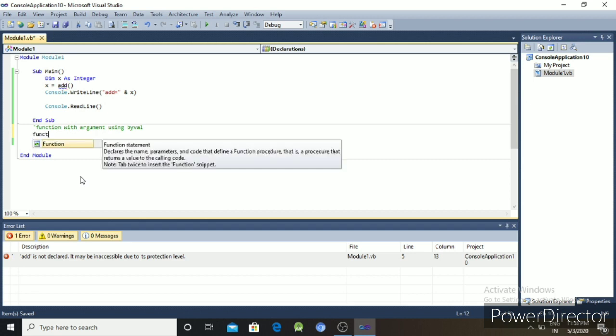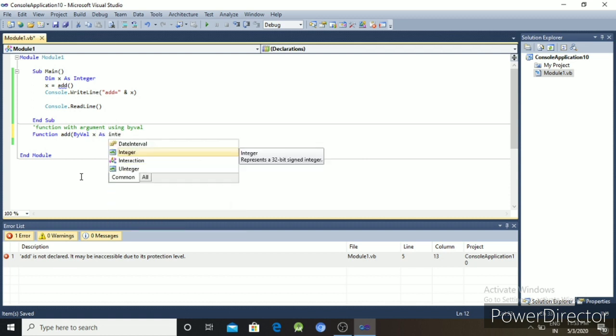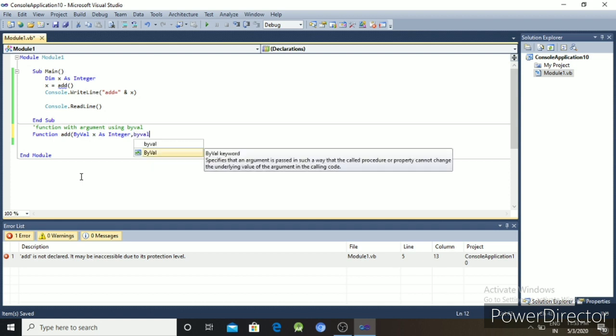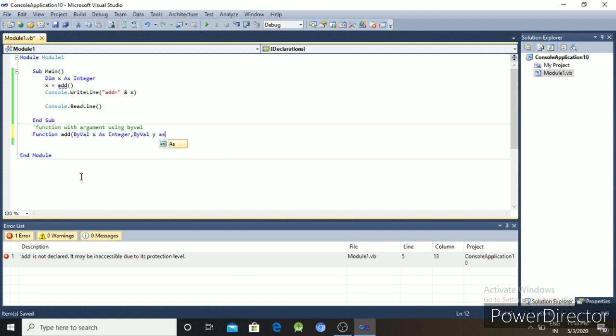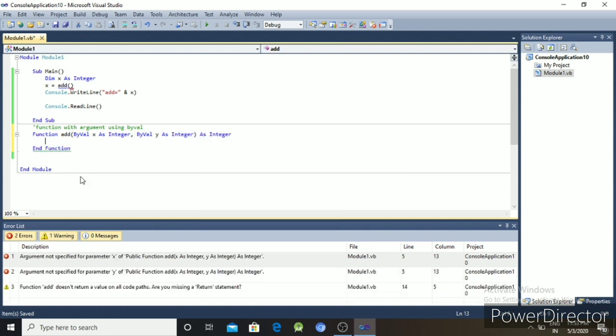So write the program. Function add ByVal x as Integer, second ByVal y as Integer, as Integer.